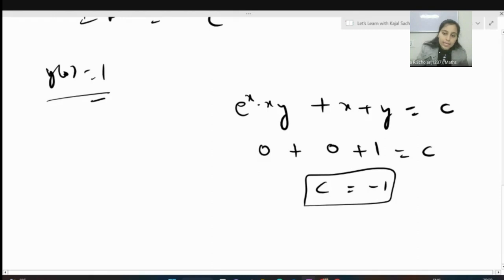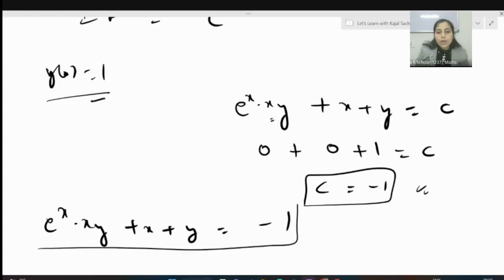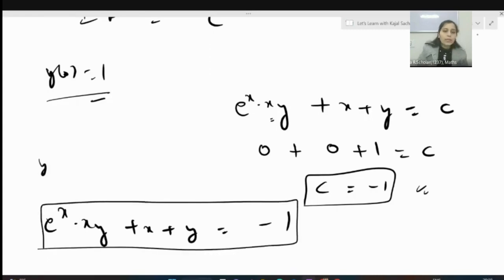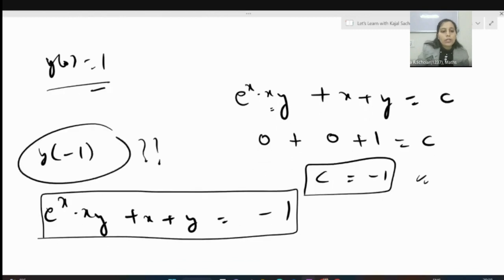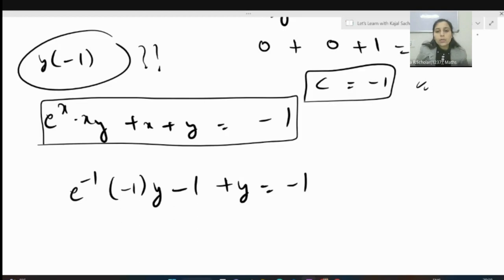x e^x y plus x plus y is equal to c. So from here we get x is equal to 0 and then this and this. Okay, so using c is equal to minus 1, we get x e^x y plus x plus y is equal to minus 1. So this is the required solution, but we have to find the value at x equal to minus 1. This is what the question wants. So substituting x is equal to minus 1, e^(-1) into y, x minus 1 plus 1 is equal to minus 1. So this will be cancelled out, and taking this common, y(1 minus e^(-1)) is equal to,